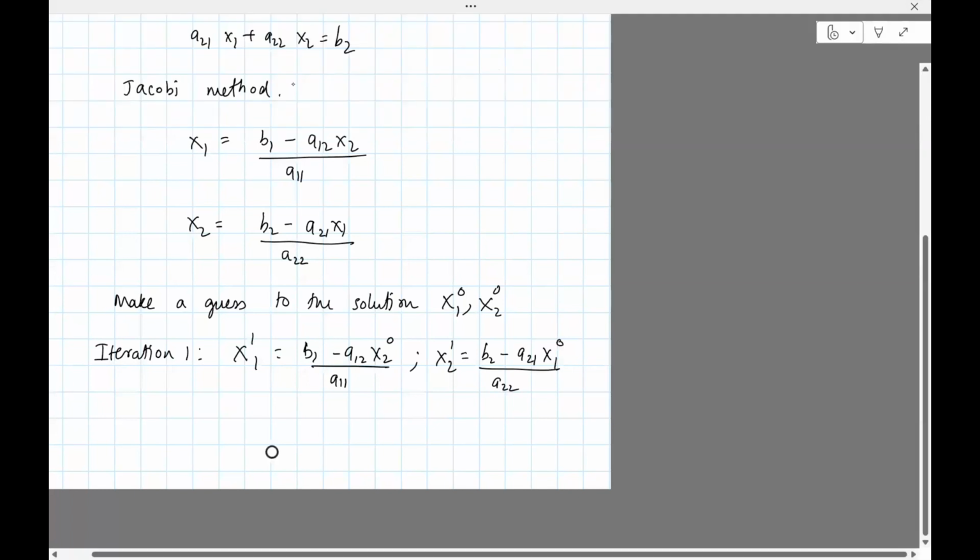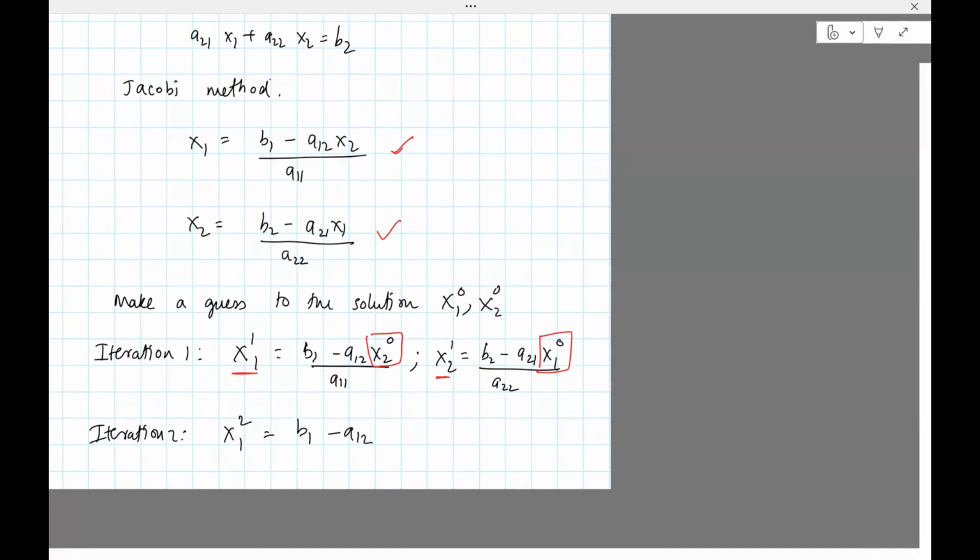You see what I did? I basically subbed in the value for x2 in this equation and x1 from this equation and got a new estimate for x1 and x2. Next, I go for the second iteration, iteration 2. x1, second iteration is b1 minus a12. Now use your best guess for x2. That is this one, right? So x2^1,